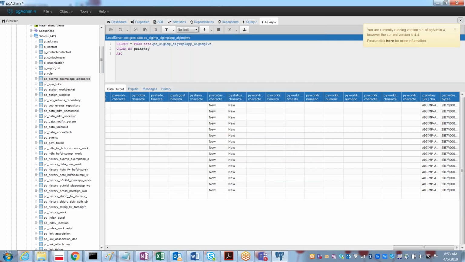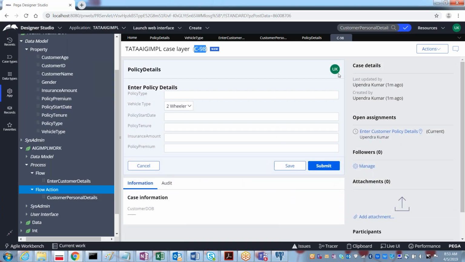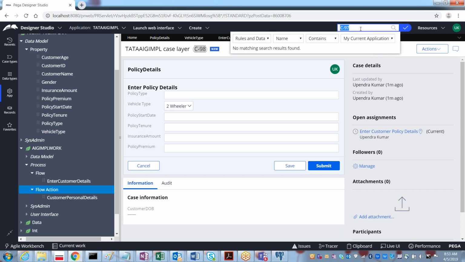As I said, in case you want to open existing work objects, right now I am under C-98, but I also created some more work objects. How exactly can we see the other work objects which we created earlier, C-97 or so?